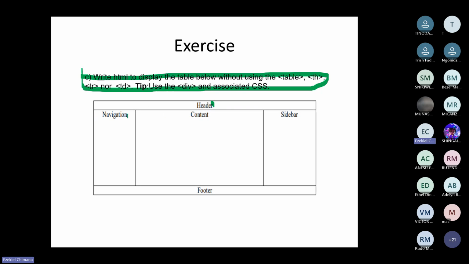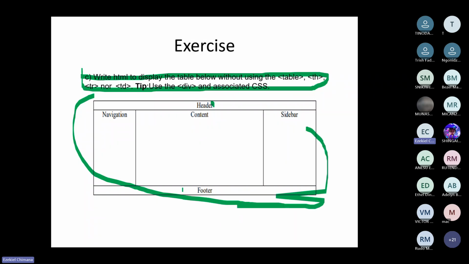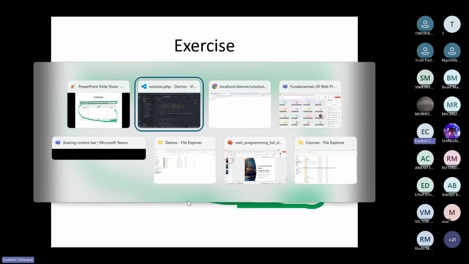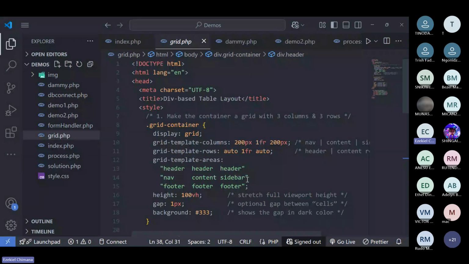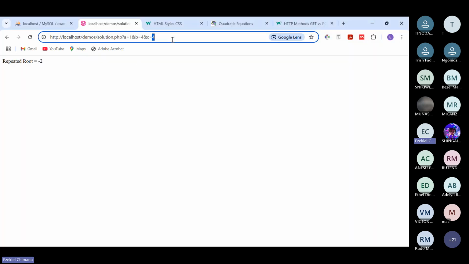If you're going to use the div and direct CSS, then you need to design your rows and columns, and then you have the CSS that you can use to design this. Or you can also simply use the grid from the CSS, and you can have this output, something like that. I think I have some that I've done before. I think if I run this, I'm sure it can give us, if I go for grid,